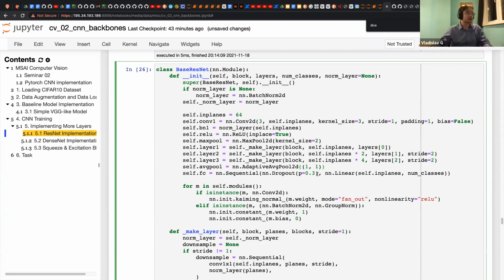But in fact, adaptive average pooling saves us all, because it creates an object with the same size, and this could be put to a linear layer with a predefined number of parameters.